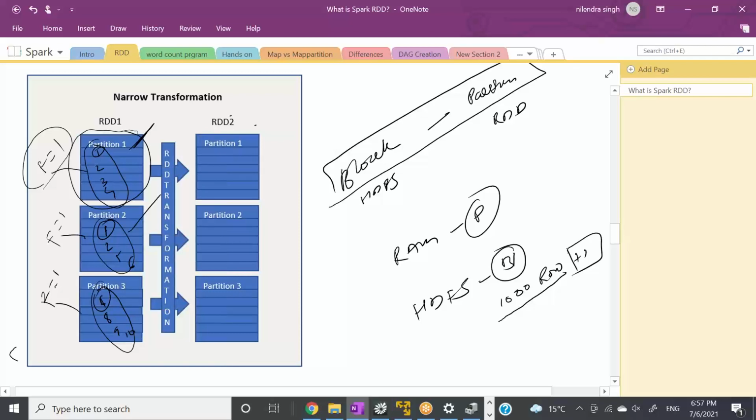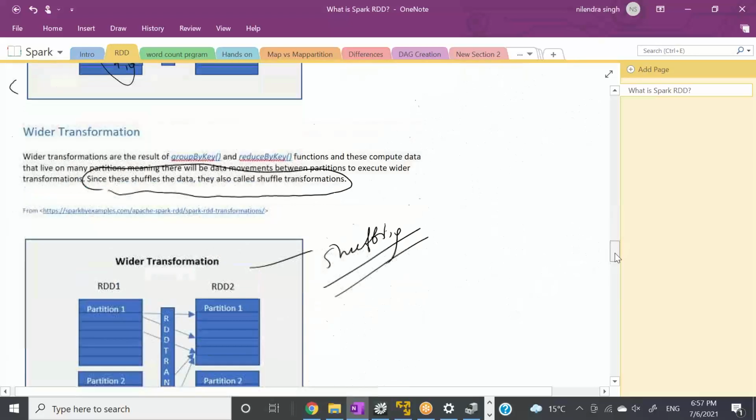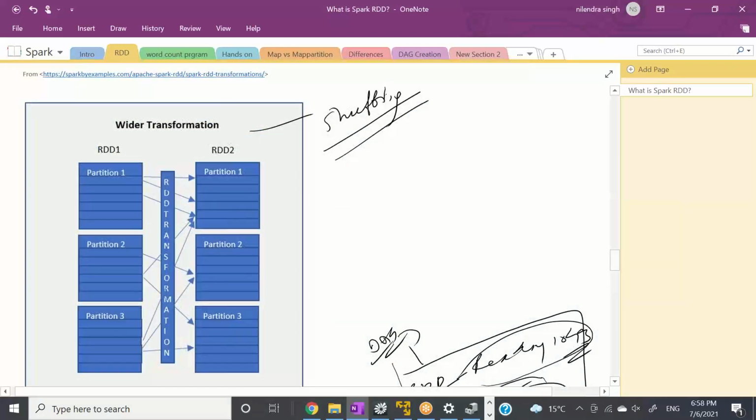What is it going to do? It will count one here, one here, one here. At some point, maybe it will not find a proper one here. It may need to jump to another partition, and that's where the data needs to be moved from one partition to another. This is what we call shuffling, and this is what goes on in wide transformations, right? The data moves across different partitions.